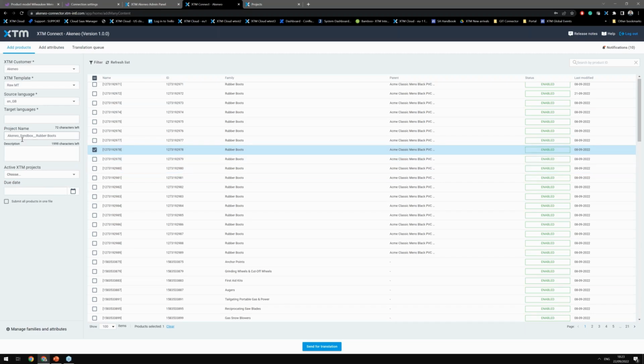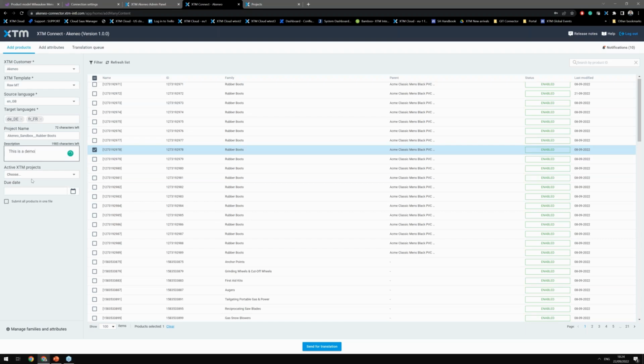As you can see, the connector already picked up the project name by that product. So if I select multiple ones, this will be updated. And I have to select the target language. Of course, this can be either one language or multilingual project. So I can go German, French. Sorry about that use case. I thought it was in Italian, but I have only selected these languages for my demo today. And I can also add a description. So here's